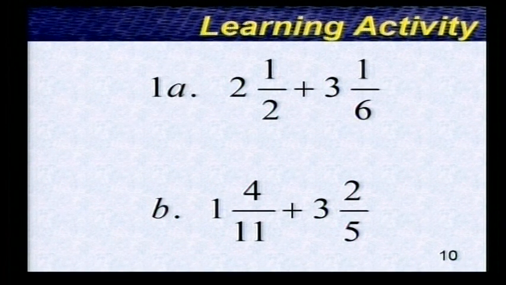1A and B. Yes, what's wrong? Are you sure? Are you sure that this is the lowest common denominator? 12? 12 into